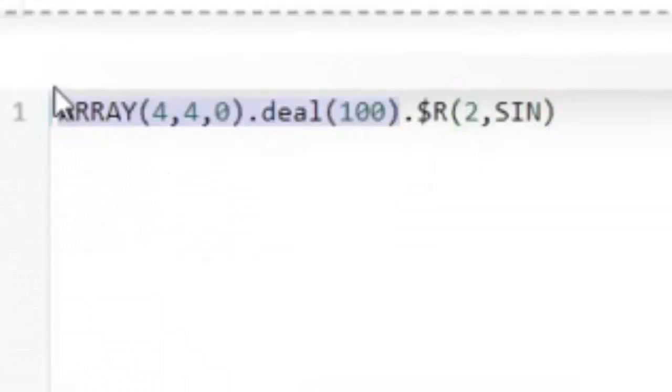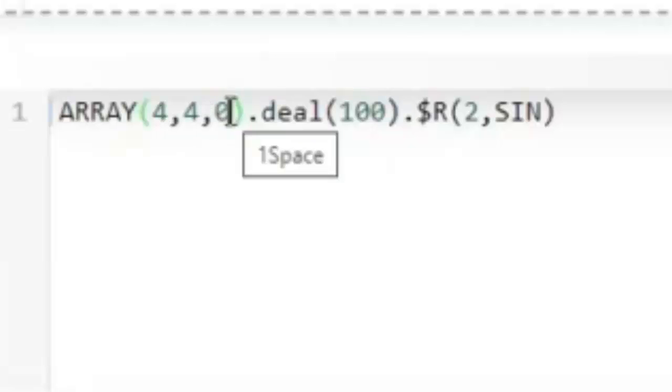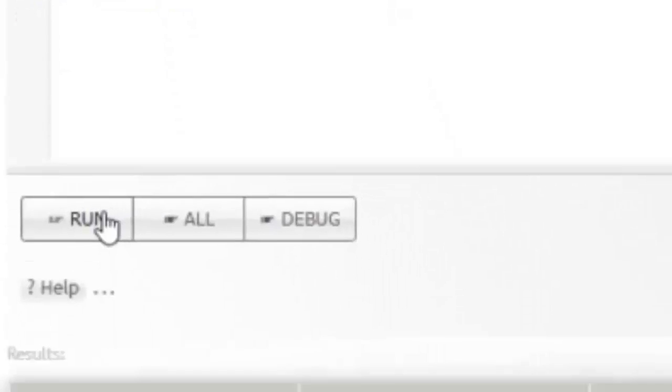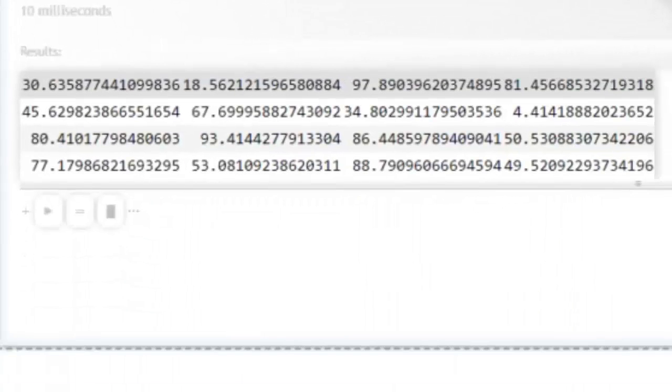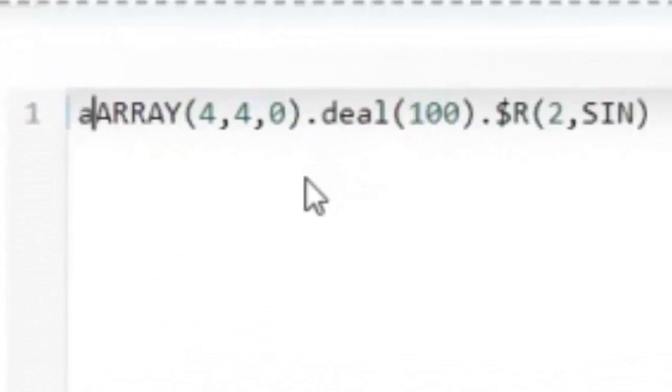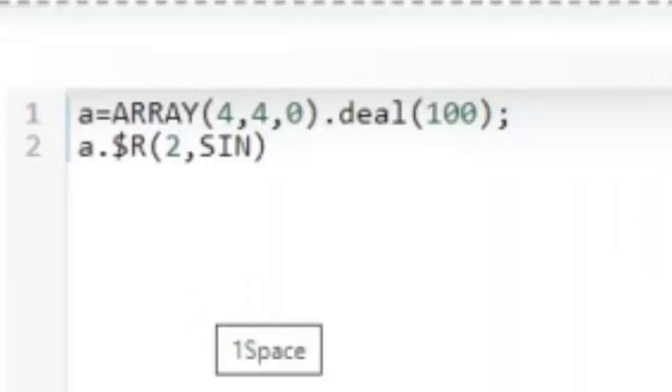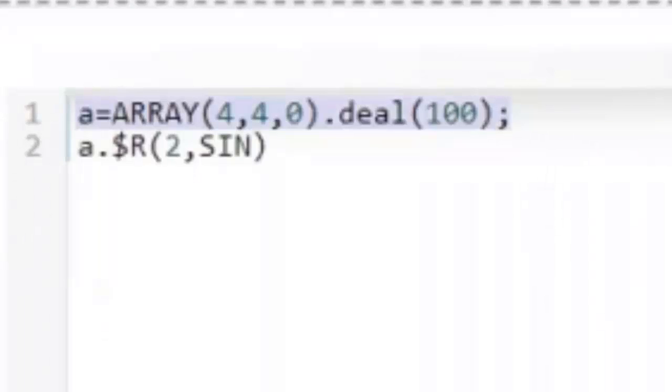Here we are saying make a 4x4 array with 0 as the initial value, deal 100. That means fill it with numbers up to 100. So let's call that A. And then we come and say in A, so A is this, right? And then we say